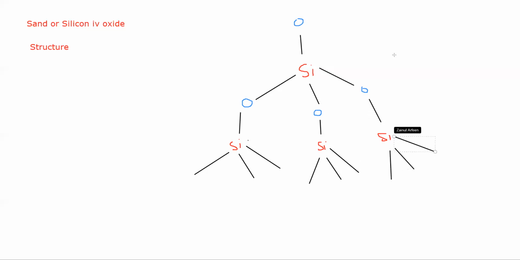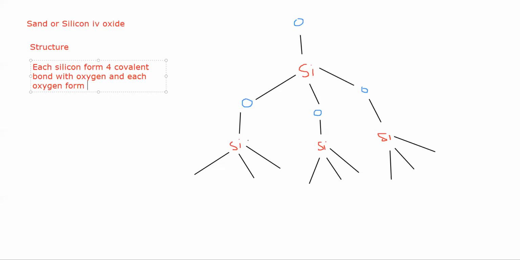And this will continue. So how you explain this structure? Each silicon form 4 covalent bonds with oxygen, and each oxygen